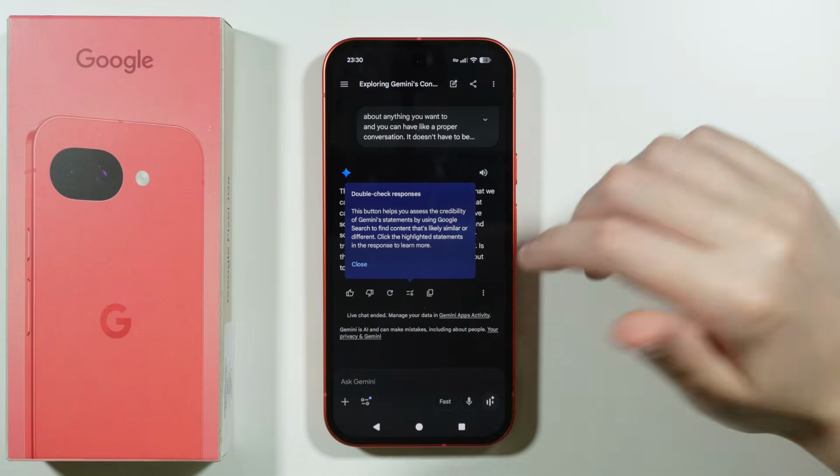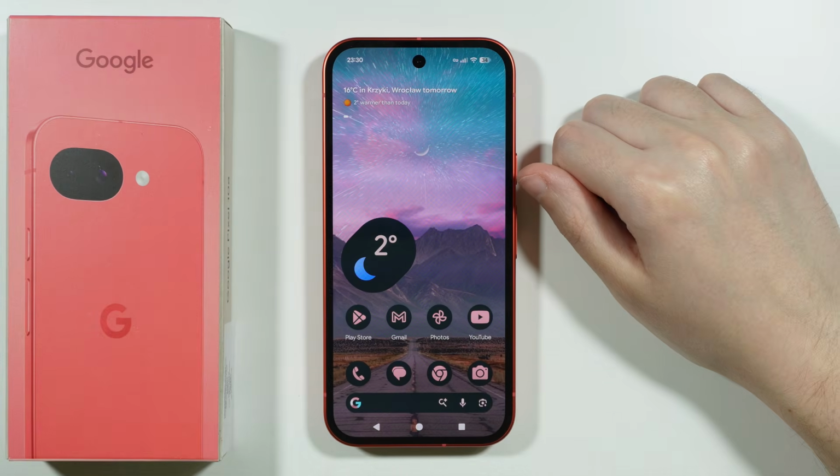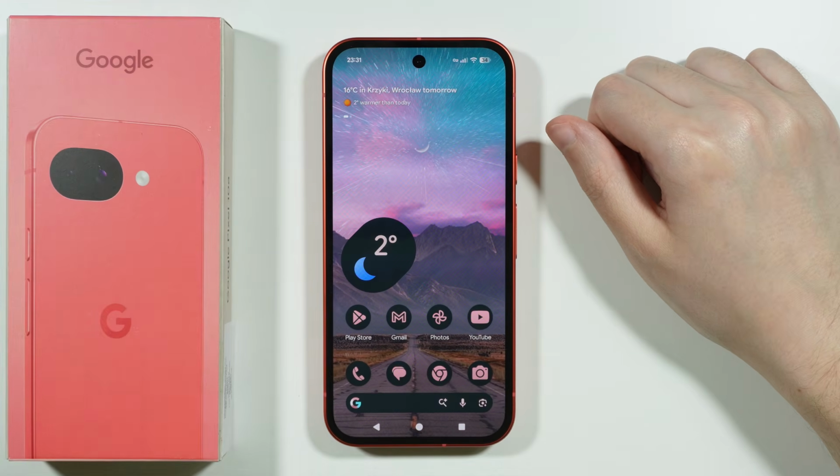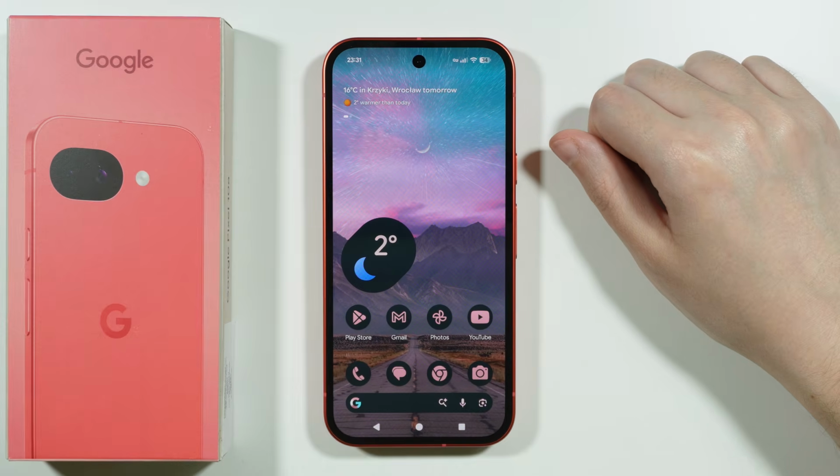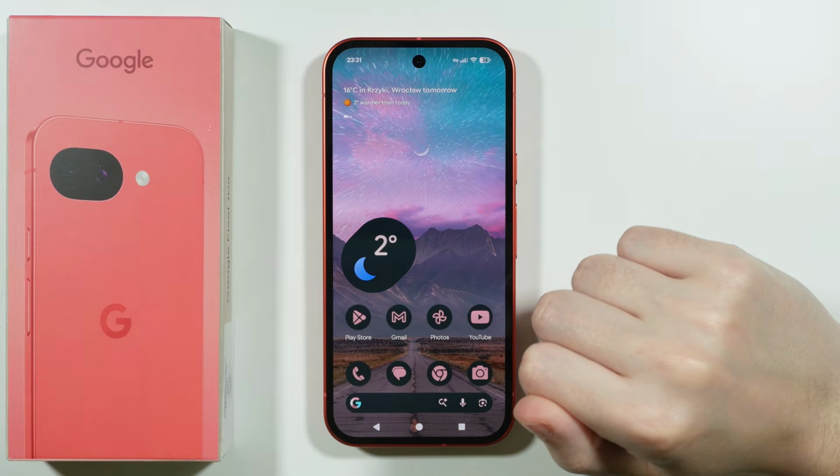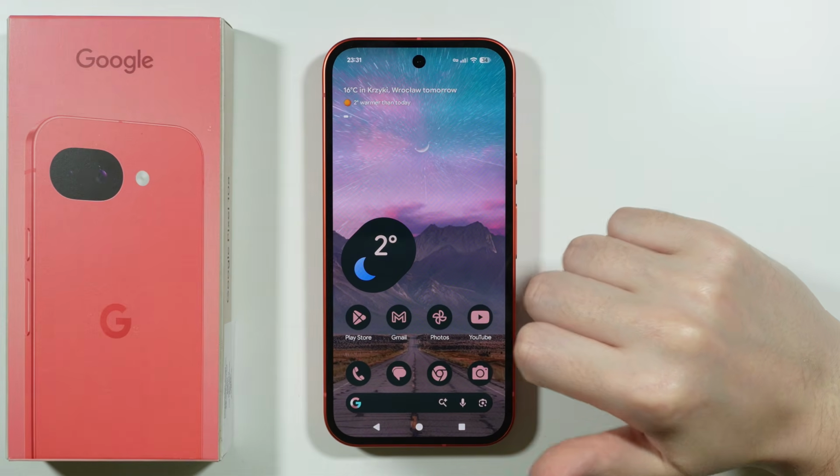So now I think that is everything that I wanted to mention and that we can do on Google Pixel 10a. However, if there are some features that you think I missed and I should have mentioned them,